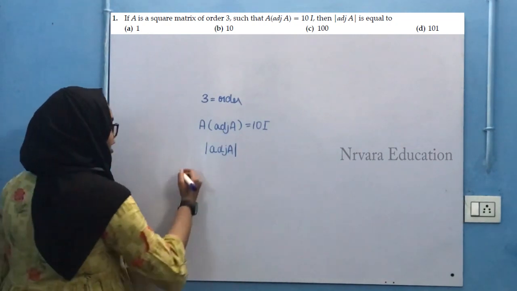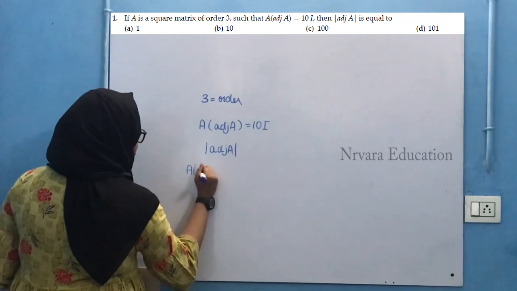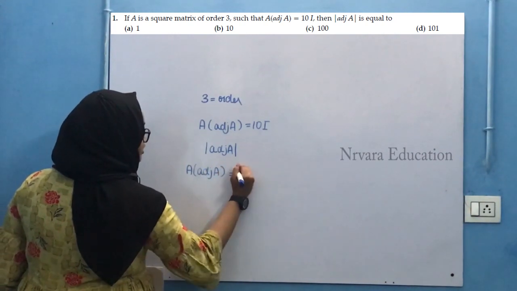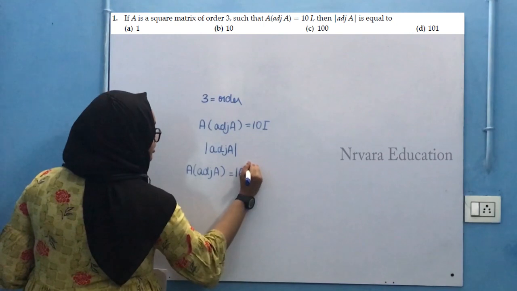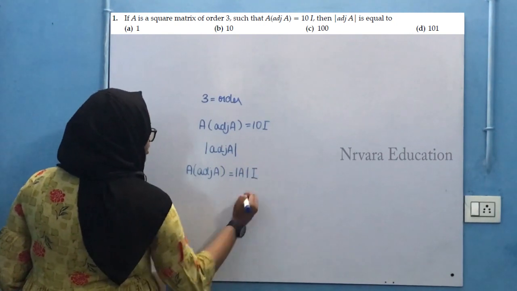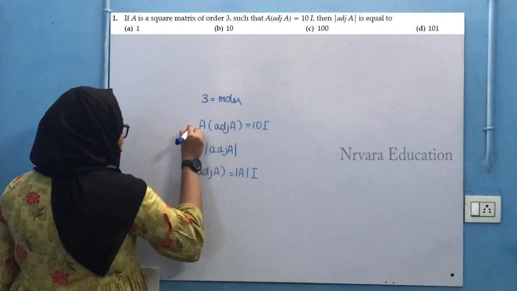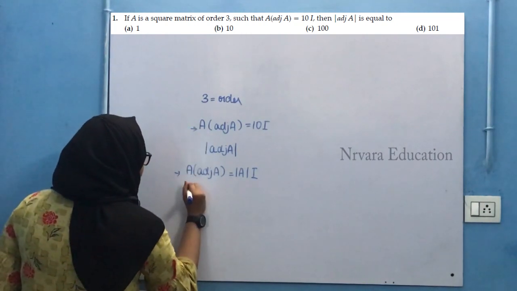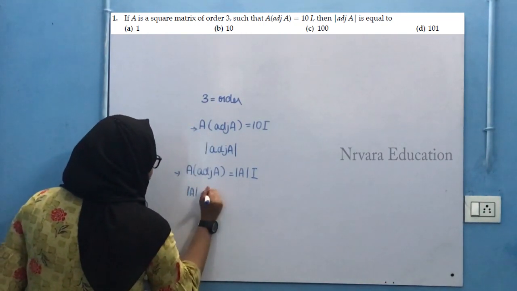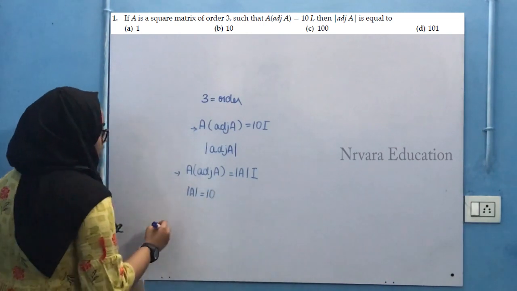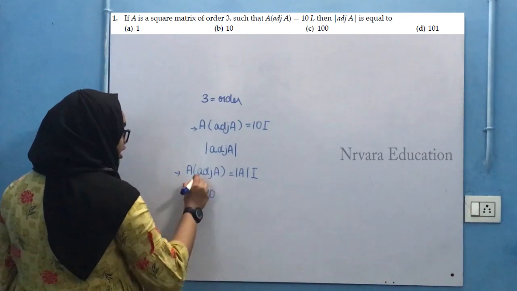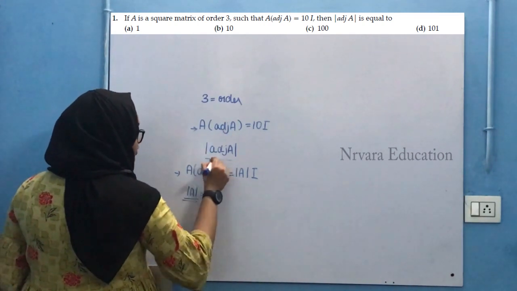Now we do know that A into adjoint of A will be equal to the value of determinant of A into I. So comparing this with this, we can find that the value of determinant of A is 10. Now there's another formula that relates the value of determinant of A and determinant of adjoint of A, which is